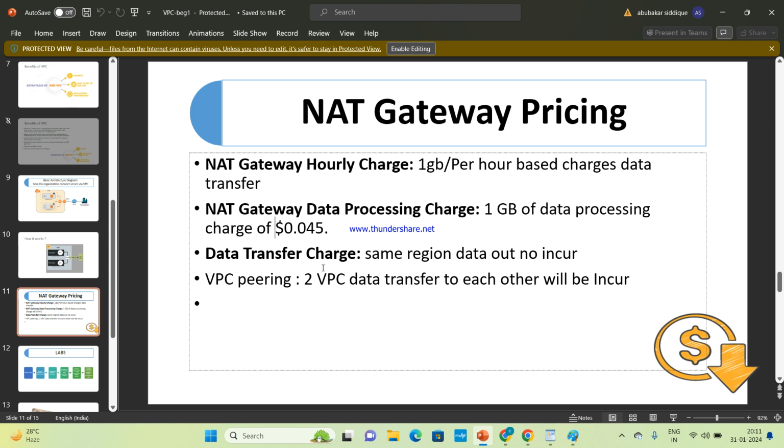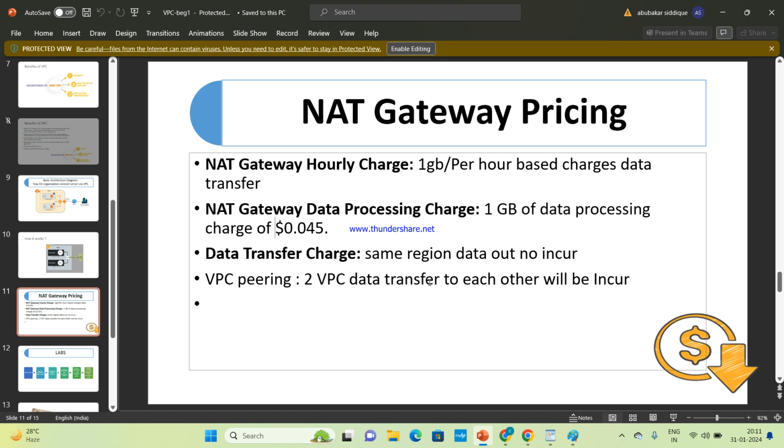And to transfer data, if I want to transfer data from one region to another, like from Ohio to North Virginia, then it will charge. But same region data transfer incurs no charge.